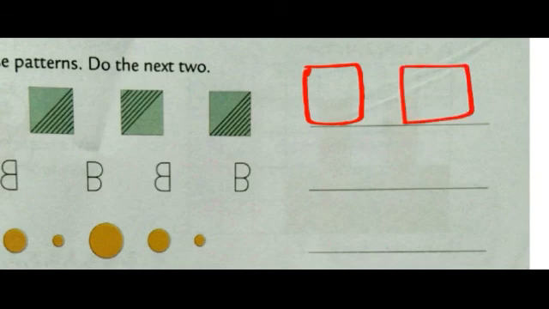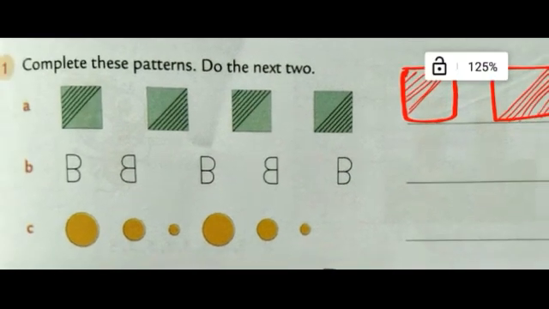Okay, so now the lines will be on this side. Till the middle you have to draw. And in the next shape, again it will be facing downwards, this way. Till the middle you have to draw the lines, this way. Understood? Now see the next pattern.